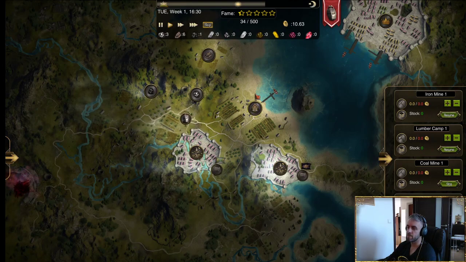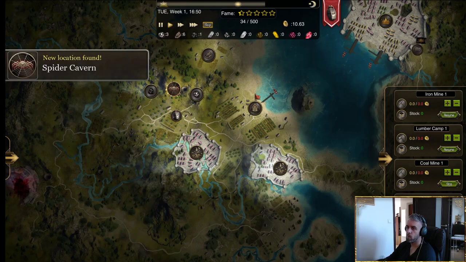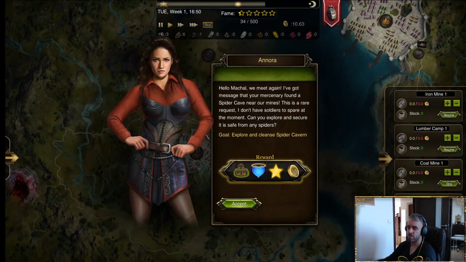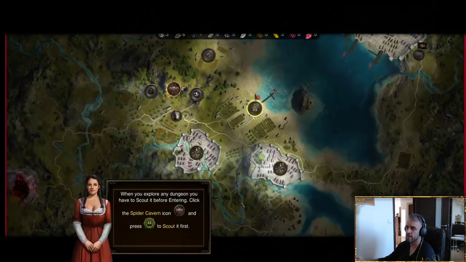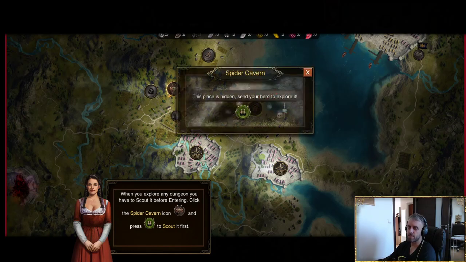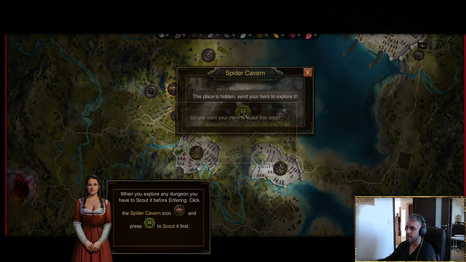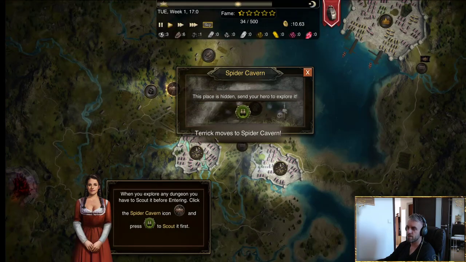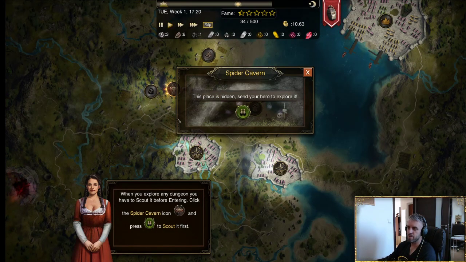And while we explore it, we come to find a spider cavern. This is our first dungeon that is introduced in the game, and you immediately get a quest to explore and cleanse the cavern. Also there is a tutorial that introduces you to a new feature, which is exploring dungeons. You have to click the cave, or whatever you explore, and then scout it first. Now your hero pretty much moves there,